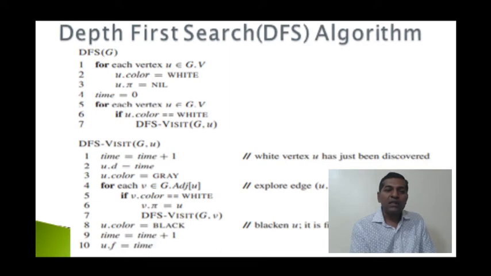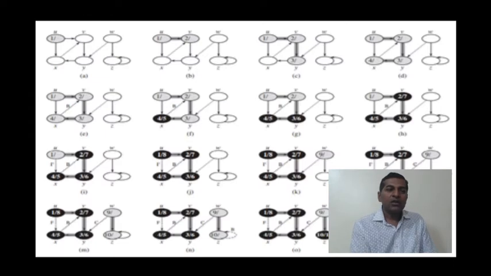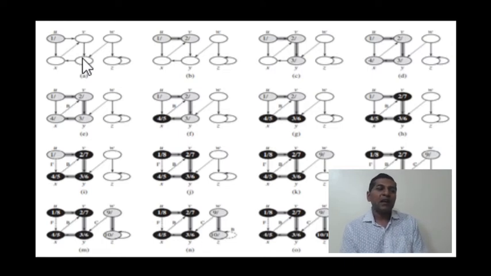So we will understand it with the example. This example explains the method of understanding. So we have vertices u, v, w, then we have x, y, z. This particular graph is a directed graph which has directions for the edges, and first we will try to visit the vertex u.